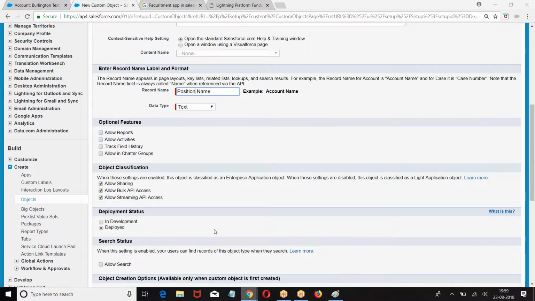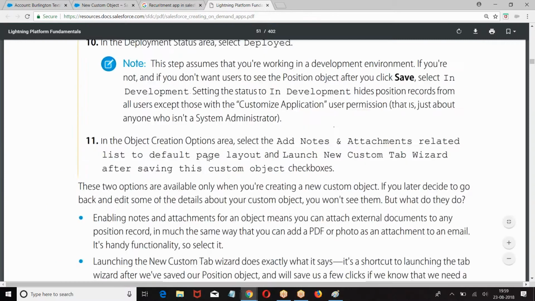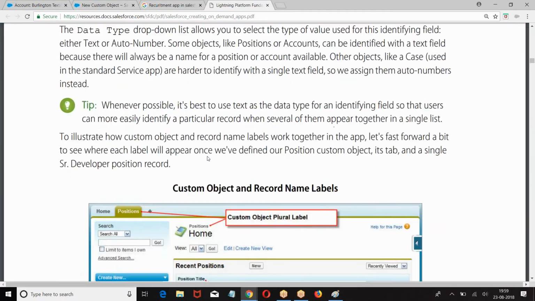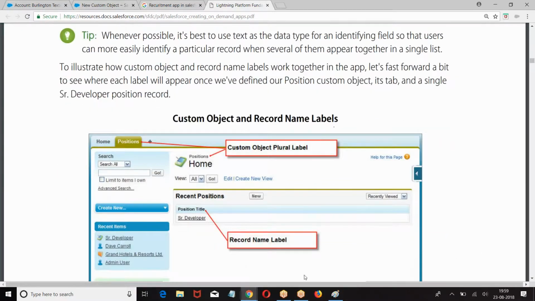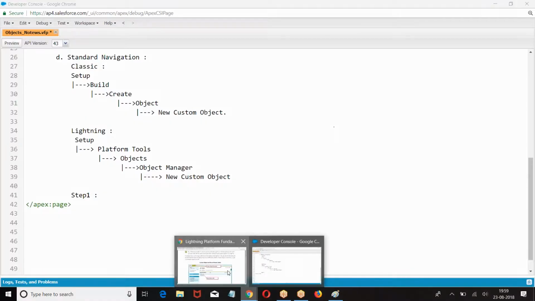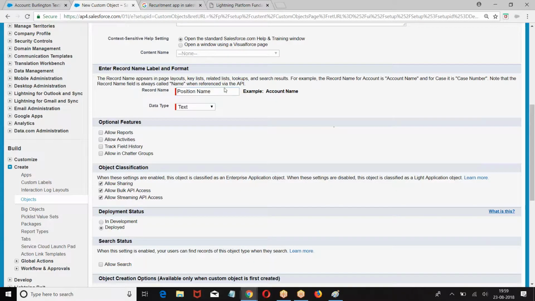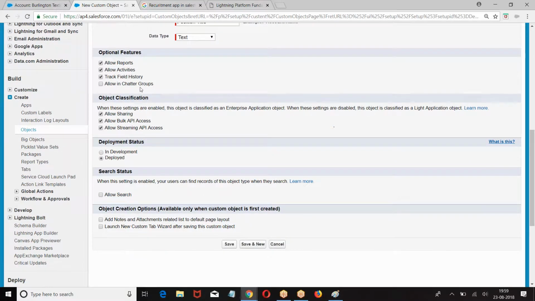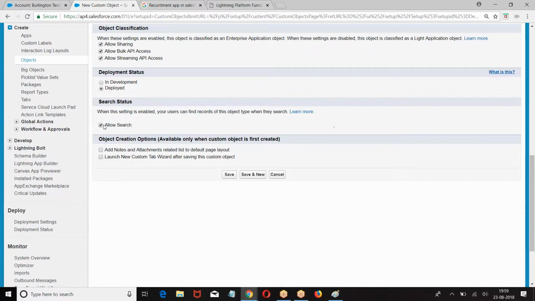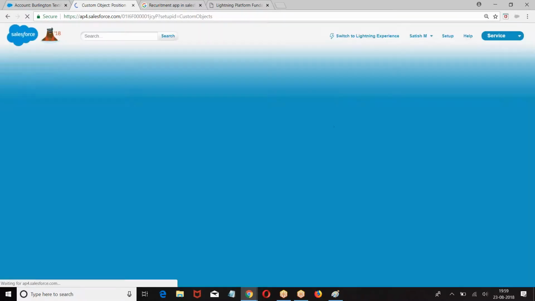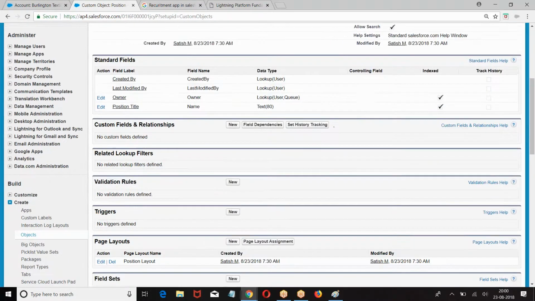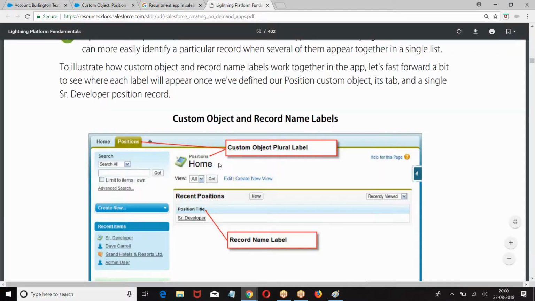Position name, just as per the documentation. I'm just following this to tell you to implement this project. Whatever the documentation gives, just follow it. Position title. They ask you to give text. Allow reports, allow activities, they didn't say anything. I'm not enabling any of these. Now the object is done. I hope you are good with this.